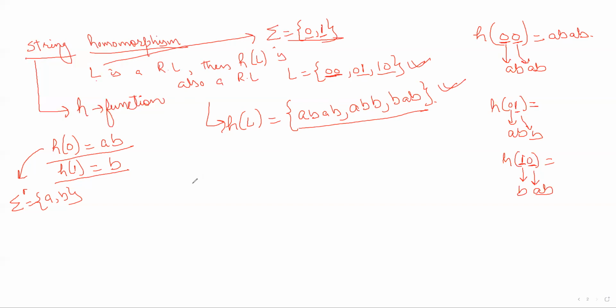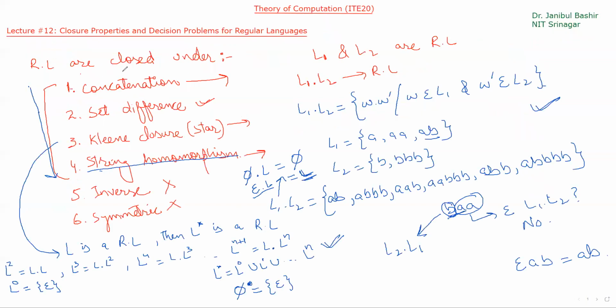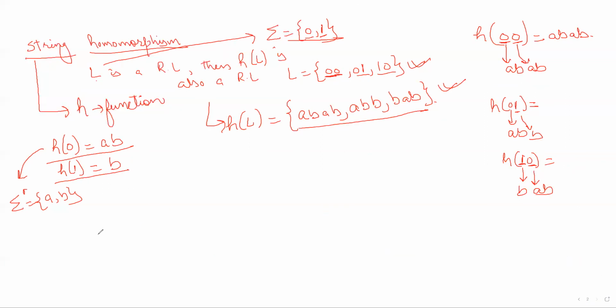And these are the four operations that you have to prove. So what are those four operations? So as I said, you have to prove regular languages are closed under concatenation, under set difference, under Kleene closure, and under string homomorphism. And one more thing that you have to prove, another assignment is that you have to prove